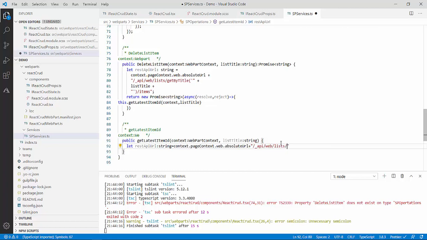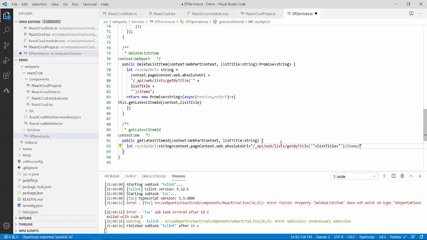Just at the end we will change getbytitle. For the title, I told you I need the quotes, and inside this I will provide the list title. So this is my list title. This is also done. After the list title, first of all I will get all the items. So /items will give me all the items. Let's say I selected the test list, so I get all the items in the test list.